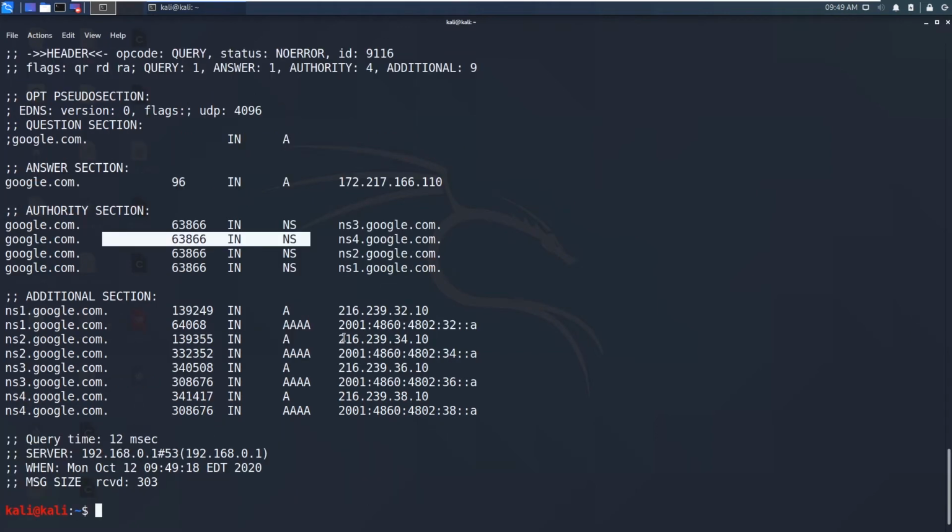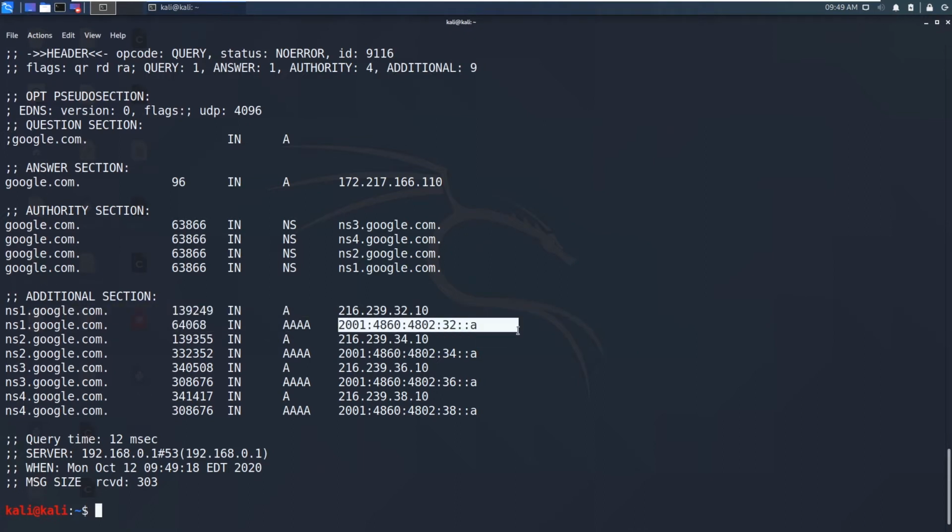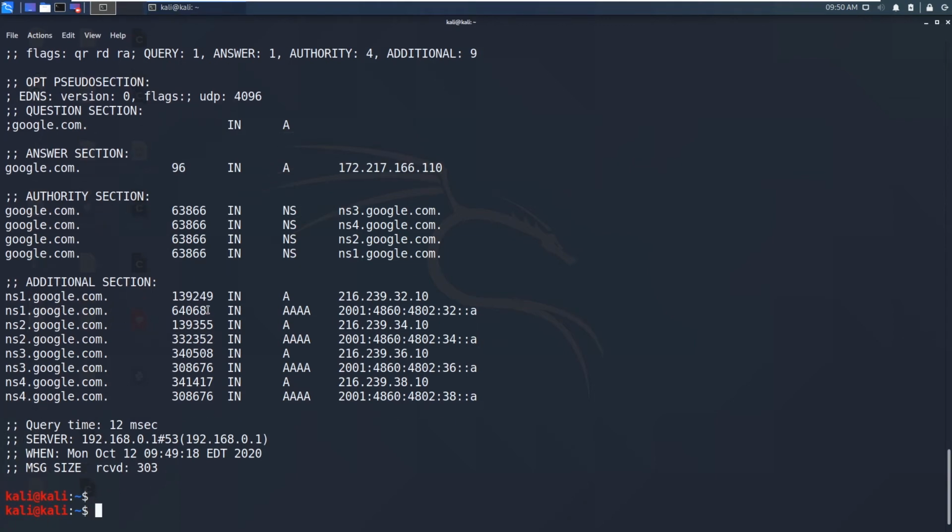We have these 4 name servers, and we have also the name servers' IP addresses and their IP version 6 addresses. So this dig command tells us more information than the previous commands, because we can also check the IP address of the name servers, but dig command automatically receives the information for us.